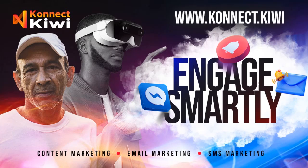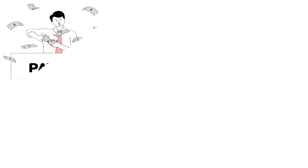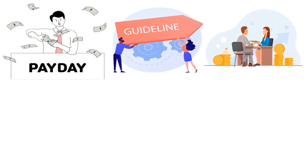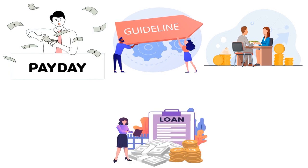Now, when we talk about free instant cash advance apps, the big question is, can you actually consider those apps payday lenders? They're not. Regulators have actually instructed them to follow a certain set of guidelines, so they're not considered payday lenders. Cash advance apps are not considered payday lenders, and payday lending regulations don't apply to them. But some consumer advocates consider them thinly veiled payday lenders, since both offer small dollar loans due on your next payday. Okay, and so apps like Daily Pay and PayActiv, cash advance apps? Not exactly, because